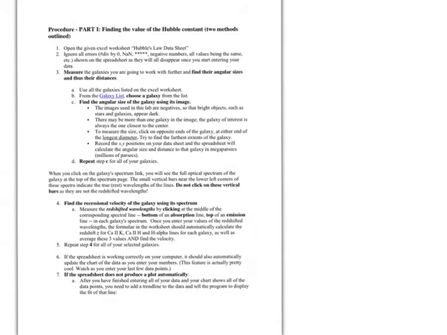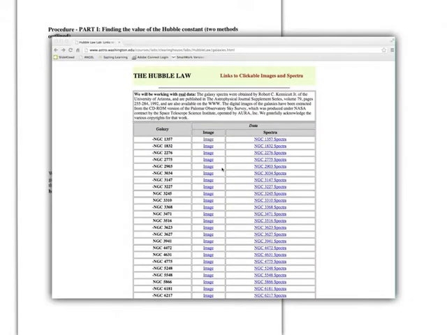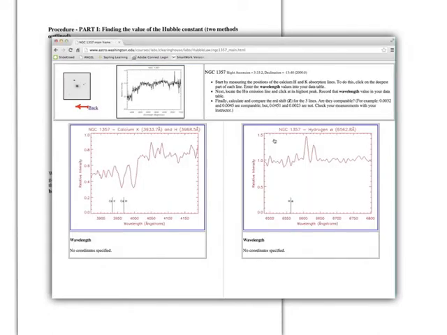So once I've recorded that data, the next thing I need to do is record the galaxy spectrum, and there's another link on that same web page. So again, I open up, I click back, so I get to the same list, and now off to the side I see the spectra, and I'll click on the spectra, and there's the spectrum. And now I click right at the bottom of the K, and there at the bottom it tells me exactly what the wavelength of that is,